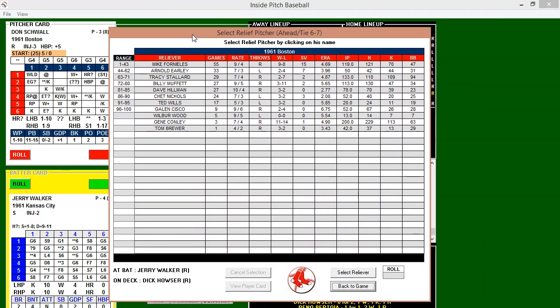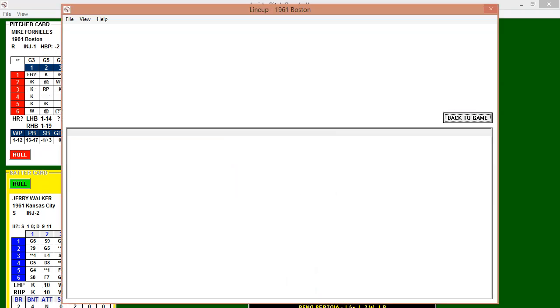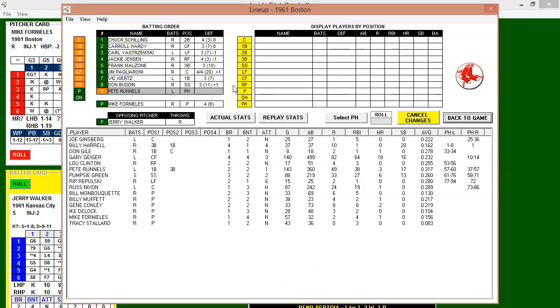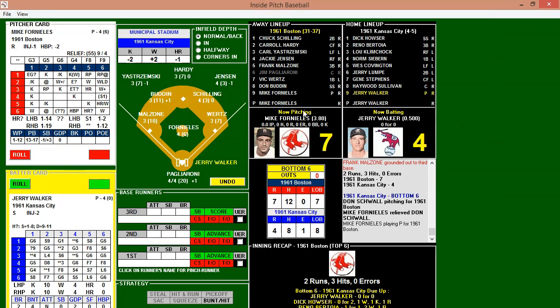Yes. So we head to the bottom of the 6th. Red Sox with a 3-run lead now. And Mike Fornieles has pitched 4 innings, so he will come in to pitch. All right, so Mike Fornieles comes in.